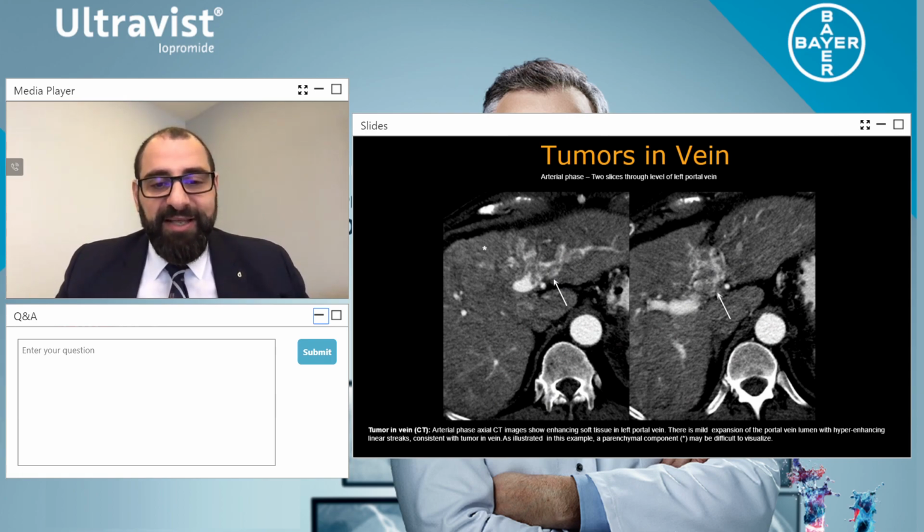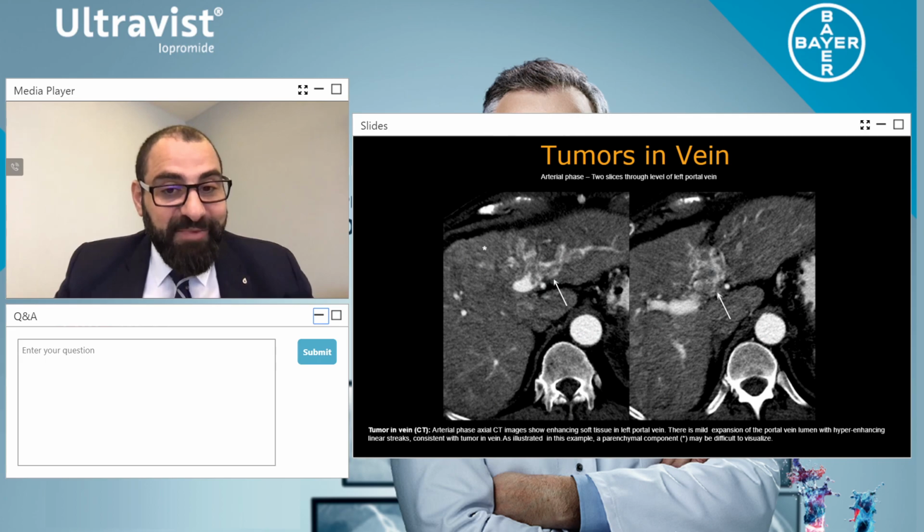But let's have a look at the scan between the left and the right. In actual fact, the image on the right is a lot better than the image on the left, and I'll tell you why. The image on the left shows a tumor in the portal vein, which we can see with the arrow. But as the contrast is trying to get through, it looks a lot better because it has gone through, but you have a perfusion deficit within the liver. Whereas if you look at the image on the right, even though the contrast has gone through, look at the difference in perfusion deficit.